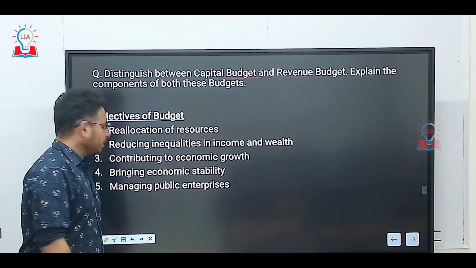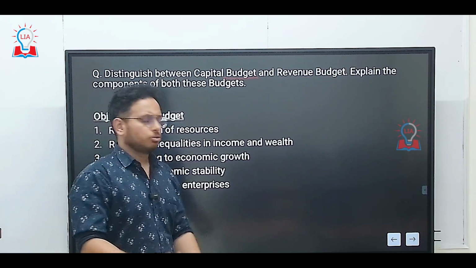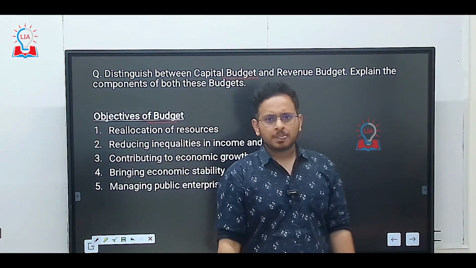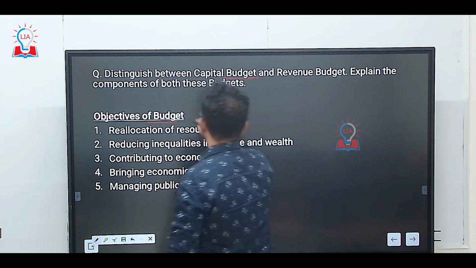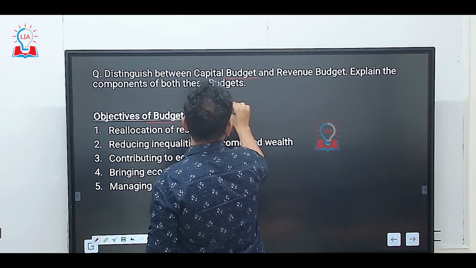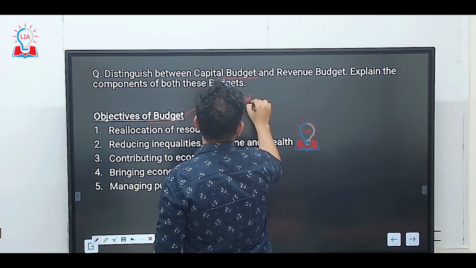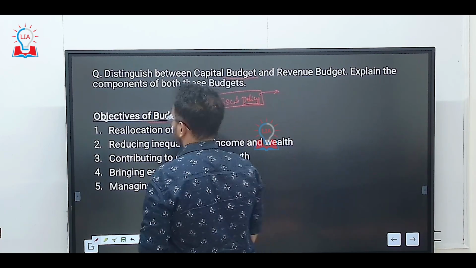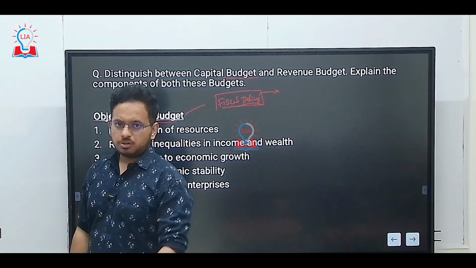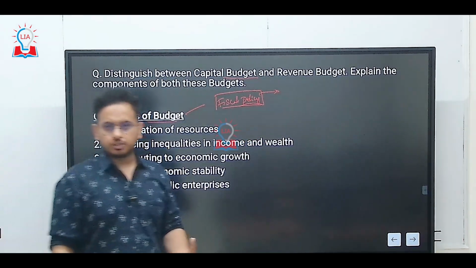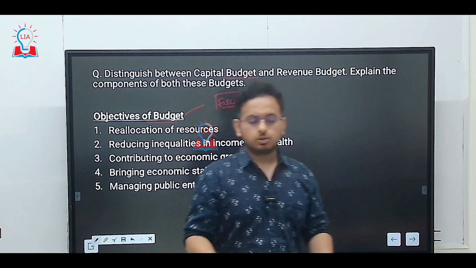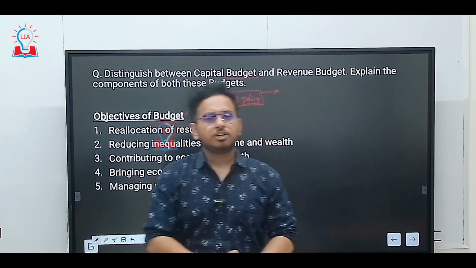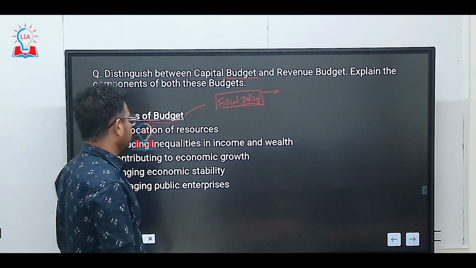Correct. So before we get into what is capital budget and what is revenue budget, let's look at what a budget is and what the objectives of the budget are. See, budget forms a very important part of fiscal policy. Now you might ask, sir, what is this fiscal policy? Fiscal policy comprises the tools available with the government so that it can control inflation and at the same time regulate growth. So these are the twin objectives of fiscal policy: one is controlling inflation, second is boosting economic growth.